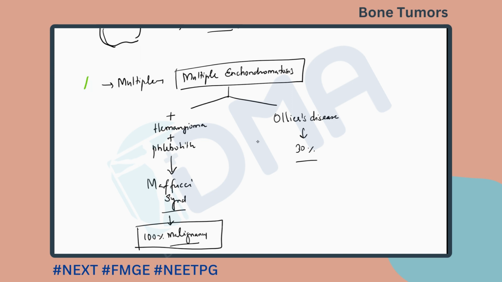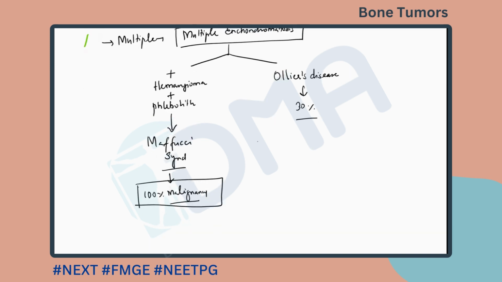Phlebolytic means formation of stones within the venous system. Formation of calcified bodies within the venous system is called phleboliths. Phlebo means vein, lith means stone. So this is about